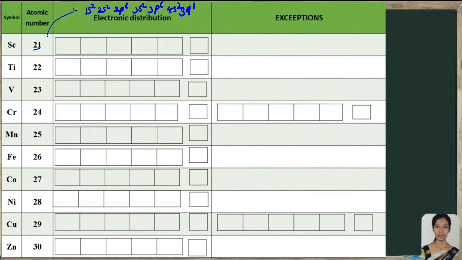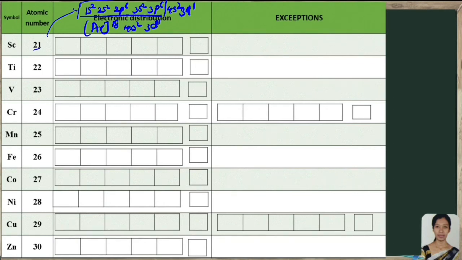That's why we can take the nearest noble gas configuration, which is argon with the atomic number 18. If you write the electronic configuration of argon, which is similar, you can replace it with argon 18, 4s2, 3d1 like this. So for the 3d series, the nearest noble gas is argon. That's why we have taken argon 18 electrons.